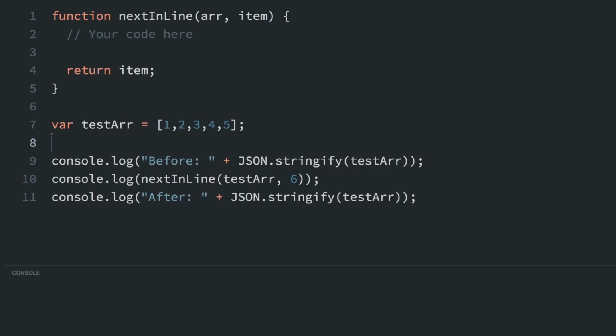In computer science, a queue is an abstract data structure where items are kept in order. New items can be added to the back of the queue, and old items are taken off from the front of the queue. We're going to simulate some of the functionality of a queue right now, using this nextInLine function. The purpose of this is to show that in this nextInLine function, you can add an item to the array that's passed in, and then it's going to return the first item on the list. For instance, if we have this array right here,